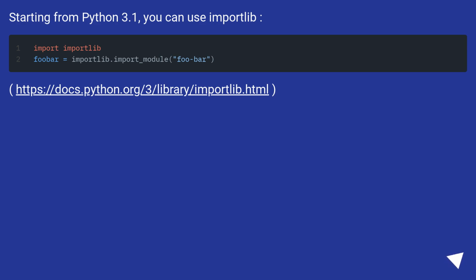Starting from Python 3.1, you can use importlib. This URL